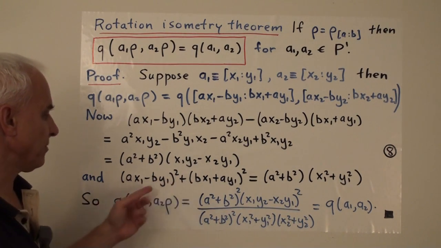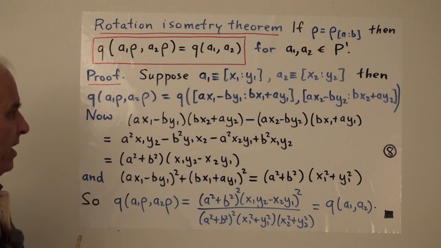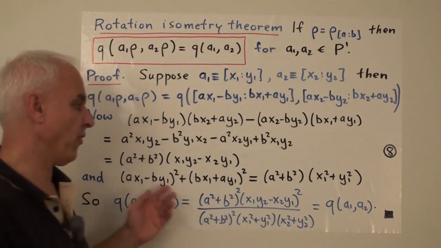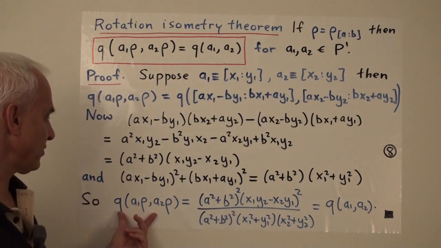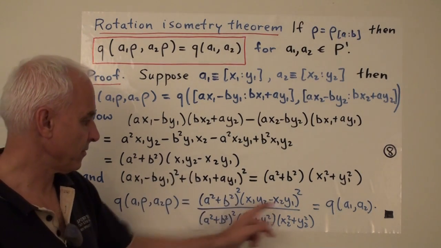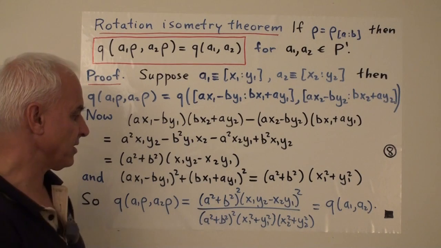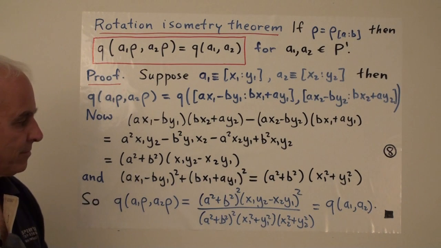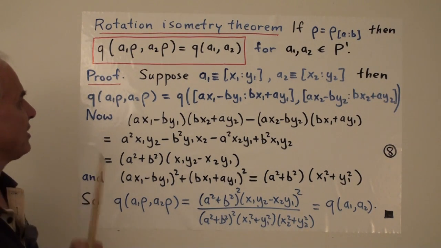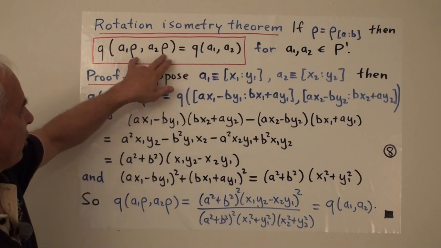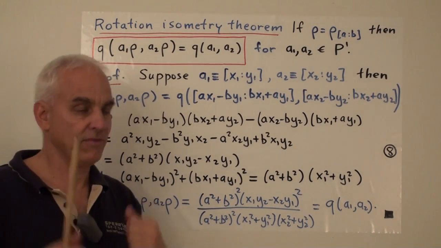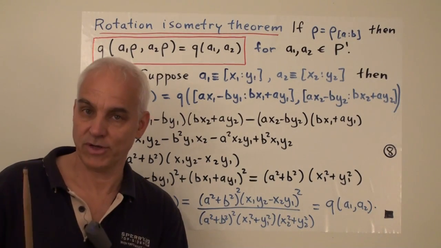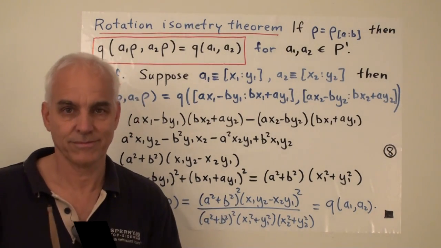You might recognize this as an identity that you already know. And there's a corresponding situation for this thing squared plus this thing squared. It also factors in the same kind of way. So that's what you get when we work it out. And then these two terms cancel, and we get the original quadrances between A1 and A2. So this shows us that, yes, indeed, this operation of multiplying by this symbol, the way we've defined it, really does preserve our projective quadrances. It deserves to be called an isometry or a rotation.